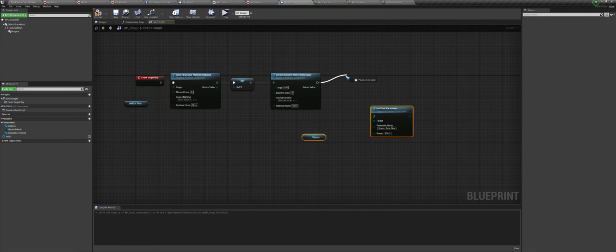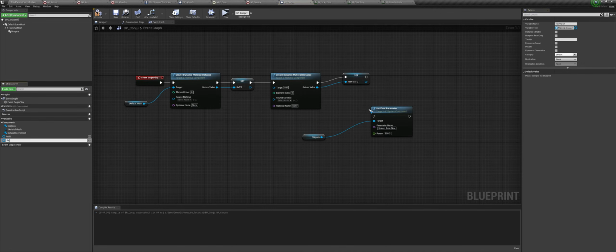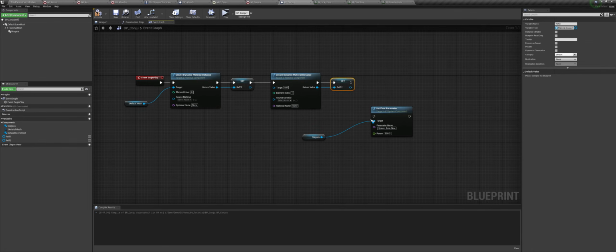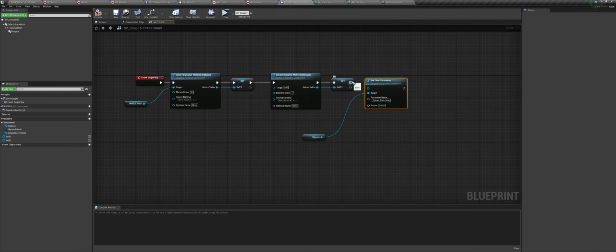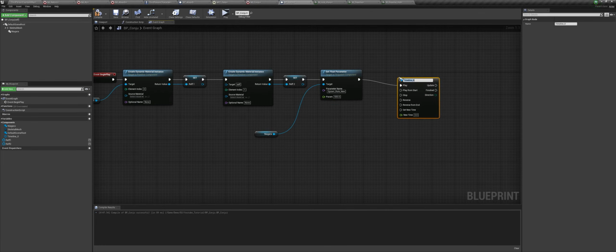And I will call this reference 2 and set this element index to 1 here because we have 2 material slots like this. Now we can set this here and we can get a timeline and we will call this alpha.